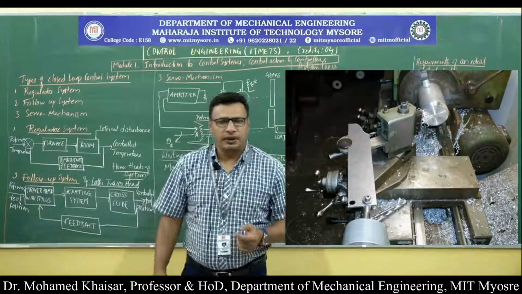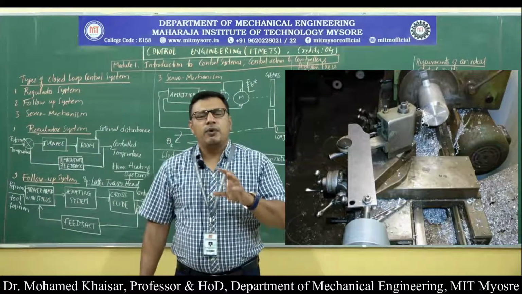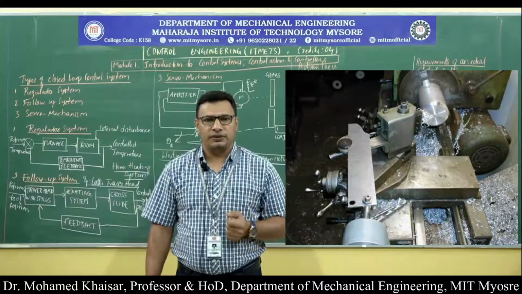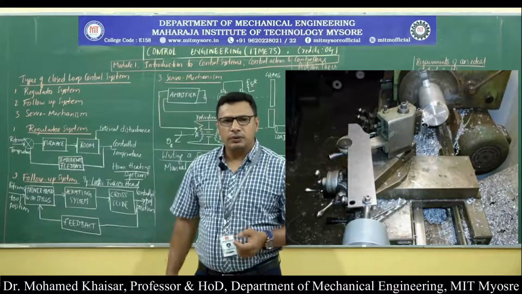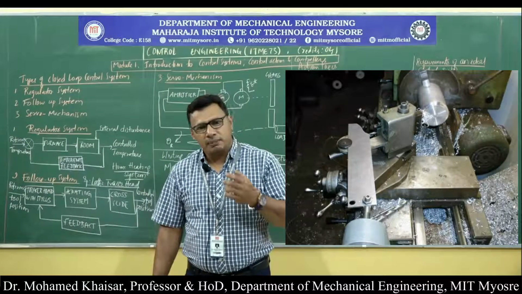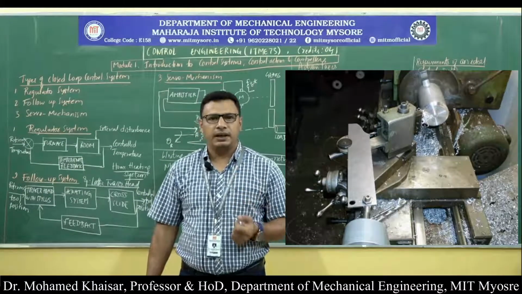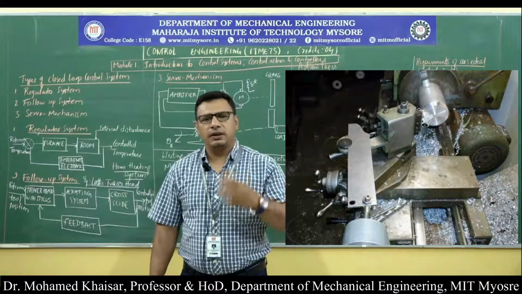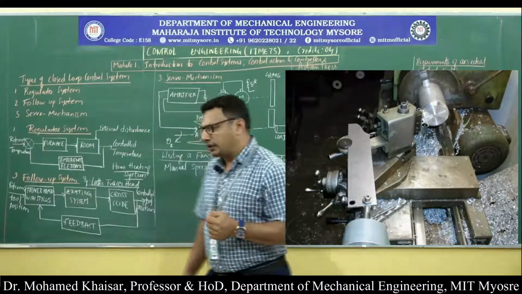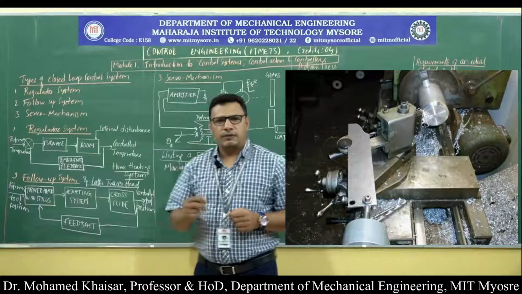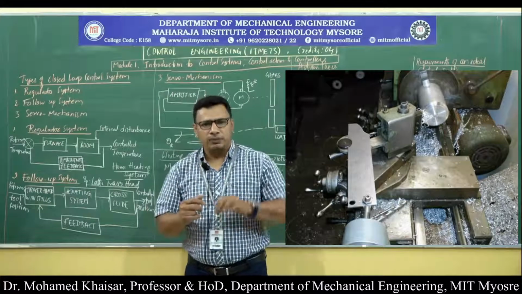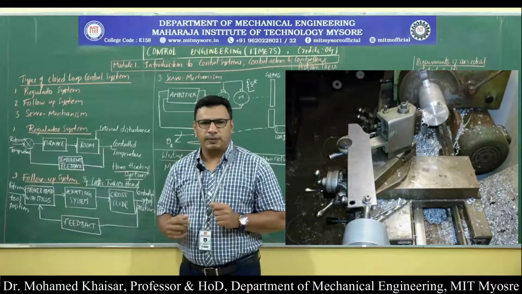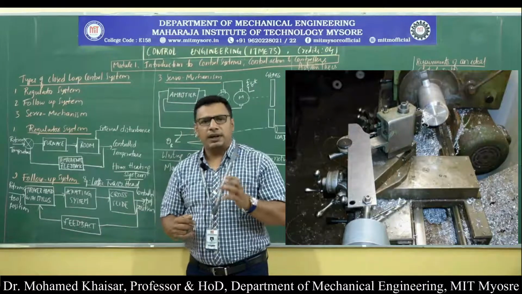Now, what is this lathe tracer head mechanism? It is more or less similar to the application of jigs and fixtures. In a lathe, if the number of identical components to be turned is very huge, say 10,000 shafts need to be produced, what do we do? Every time we would want to turn the component to different profiles. In such a case, just like a jigs and fixture mechanism, we make a tracer head,